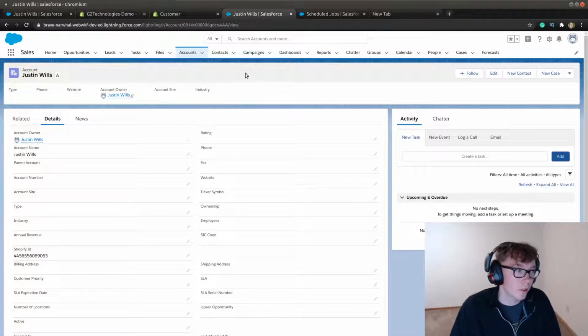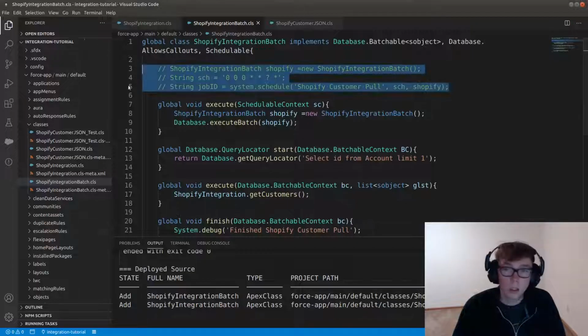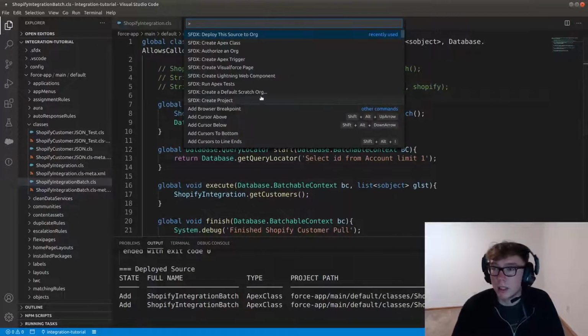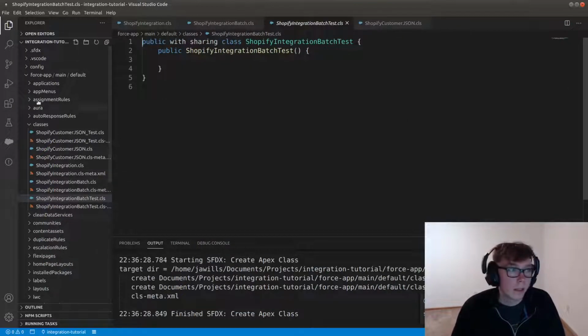Now that we're able to schedule this, the final thing that we need to do is write a test class so we can push this to production, because if you were going to try to push this into a production instance, you would need a test class. So I'm going to call this Shopify integration batch test,